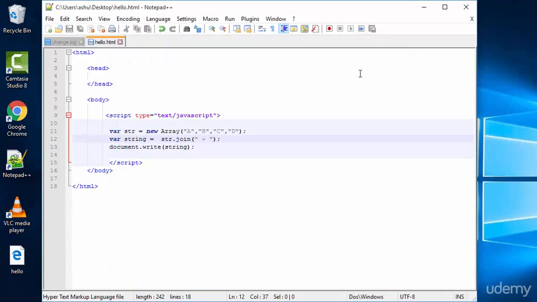And you could see the elements of the array are being separated by a plus sign. So now once we are done with the join method, the next method which we are going to learn is the pop method. Now what the pop method does is that it is going to pop out the last element which is present in an array. So for example, if you consider that an array is a container which has all these elements